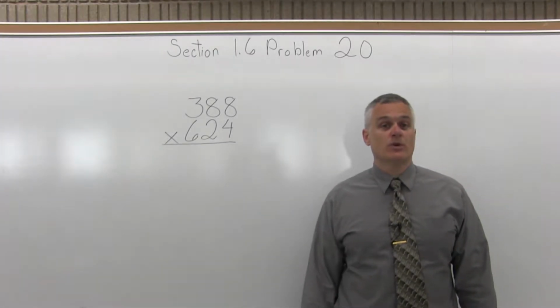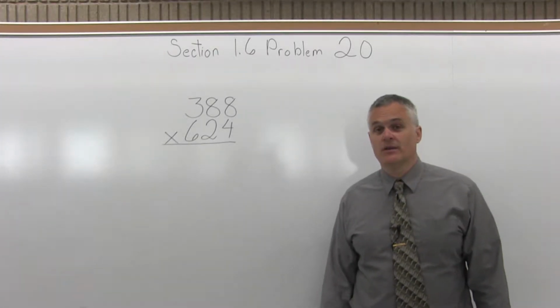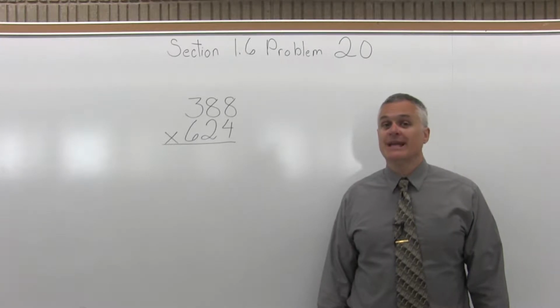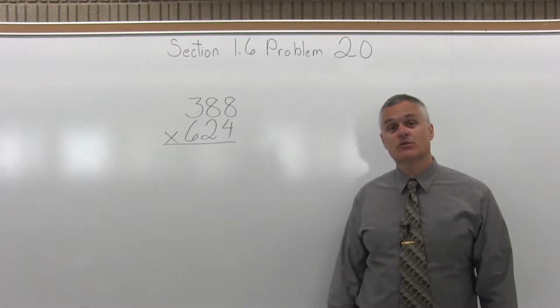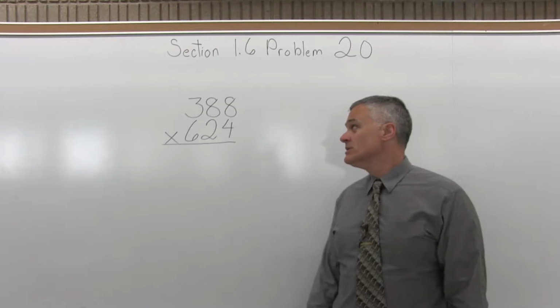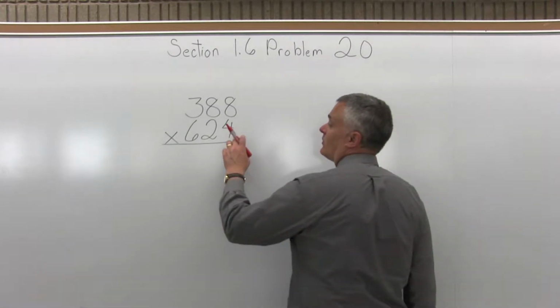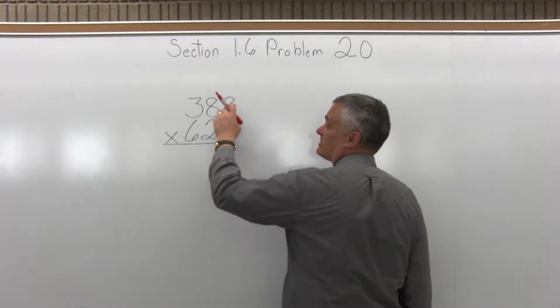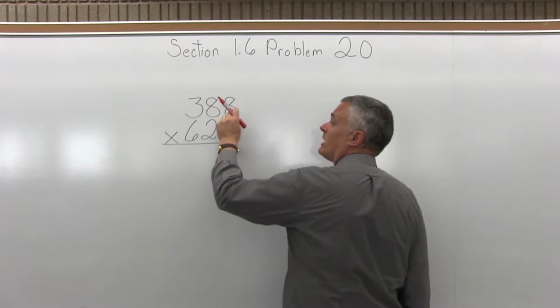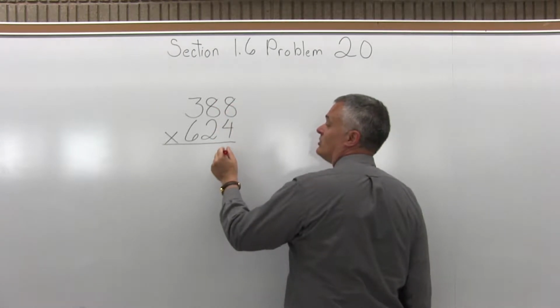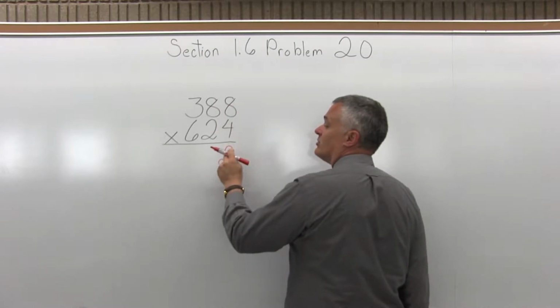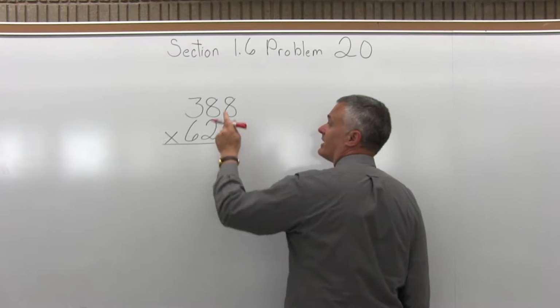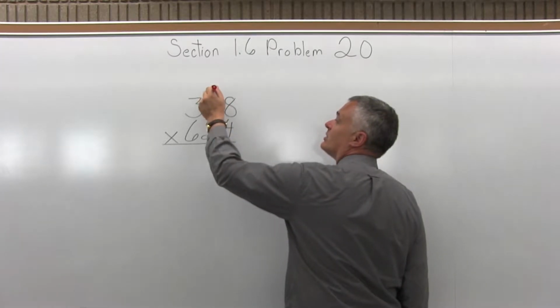This is Section 1.6, Problem 20. We have to multiply 388 times 624. So I start with the 4 in the bottom rightmost position times the top row. So I will multiply 4 times 8 is 32. I write the 2 from the 32 under the column where I'm working, carry the 3 from the 32 to